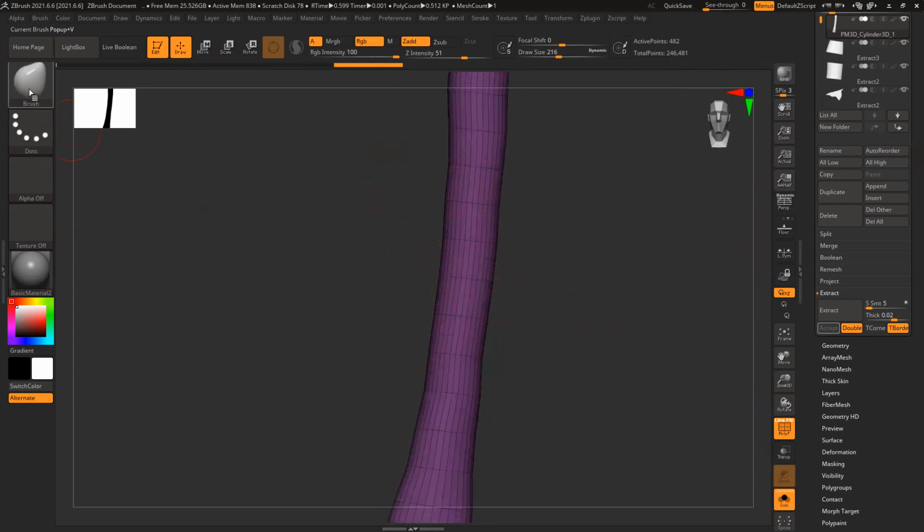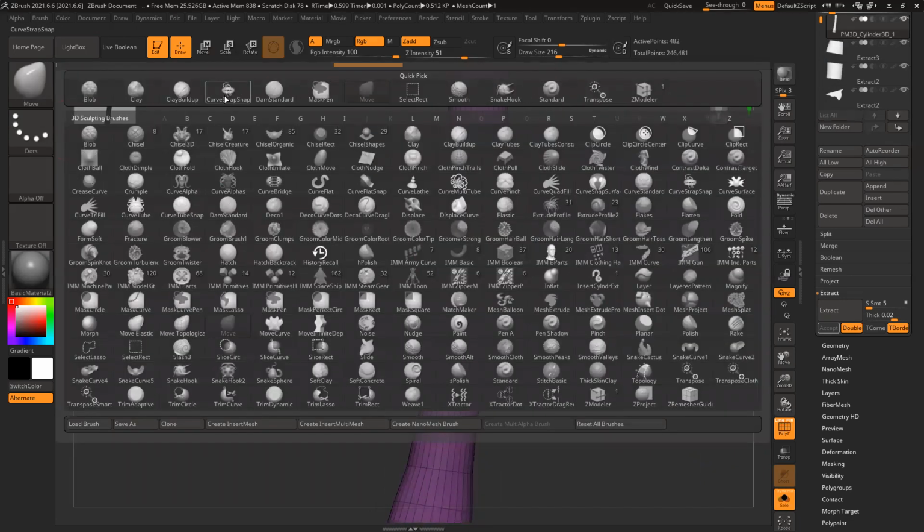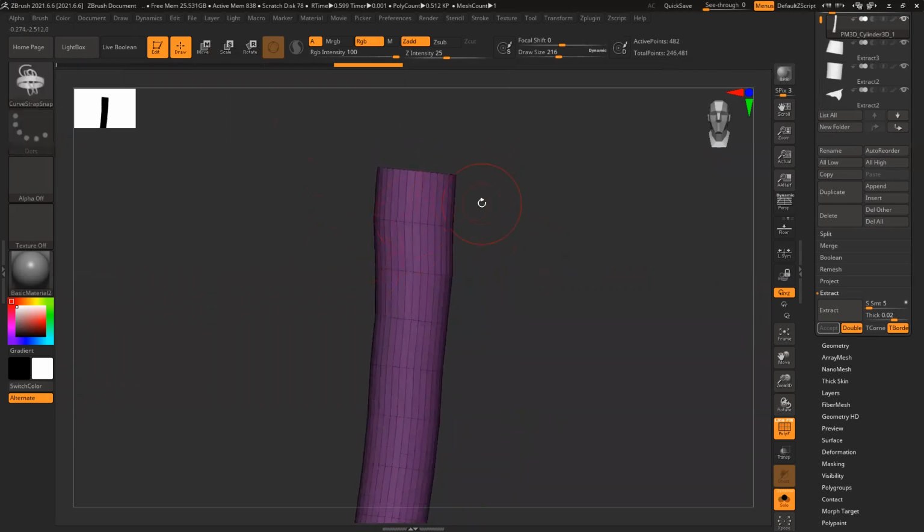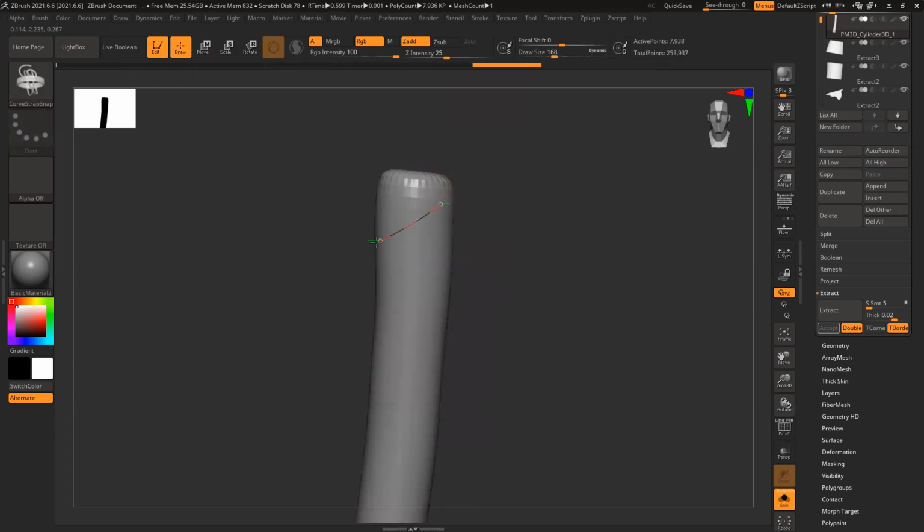So I'll use the curve strap brush and let's create those things. Reduce the brush size. If I want to increase the mesh count here, it will create, but this doesn't work on a subdivided model.